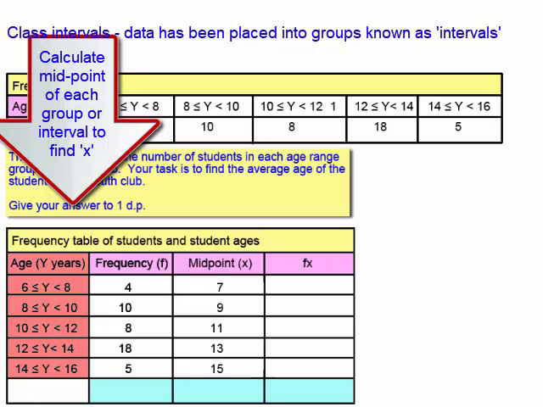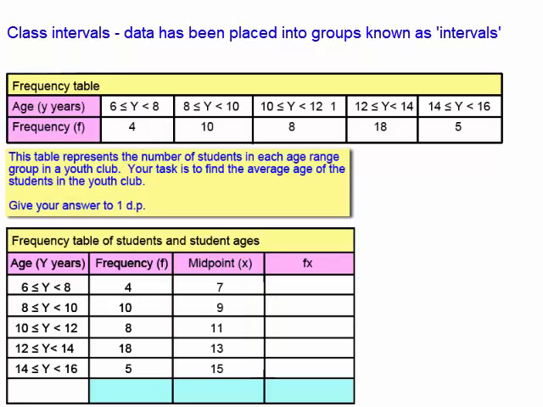Therefore, when dealing with class intervals which present a range of values, we take the midpoint of the class interval, and this midpoint functions as a value for x. Having found our value for x, we can then calculate the individual values for fx from each of the class intervals. We do this by multiplying the frequency for each class interval by the midpoint, which is x. So for this interval, we multiply 4 by 7, which is 28. And for this interval, we multiply 10 by 9, which gives us 90, 8 by 11, which gives us 88,